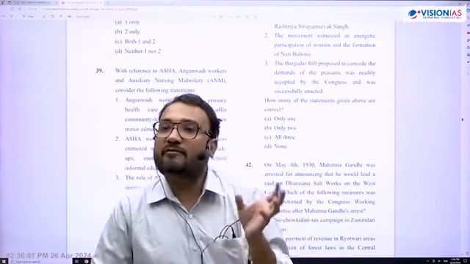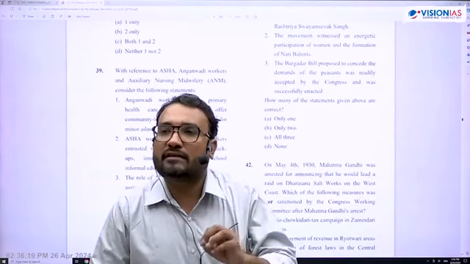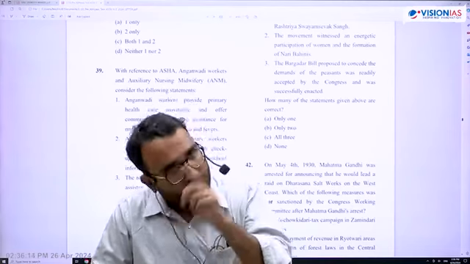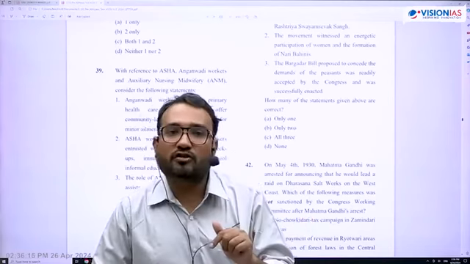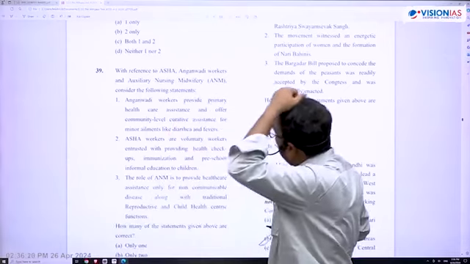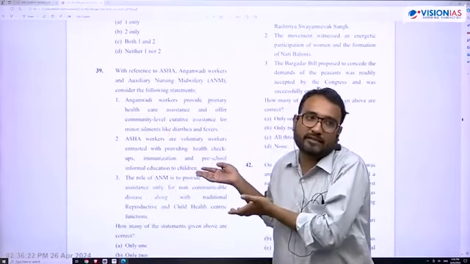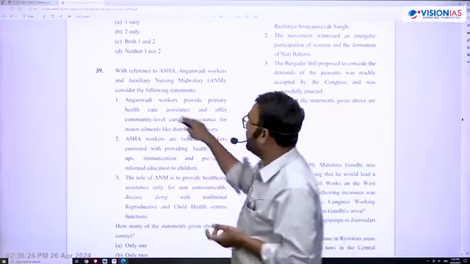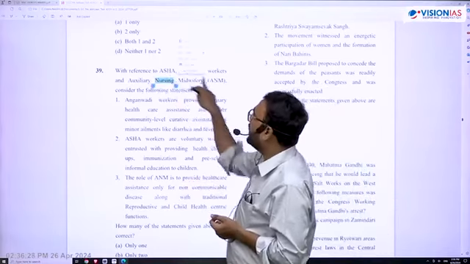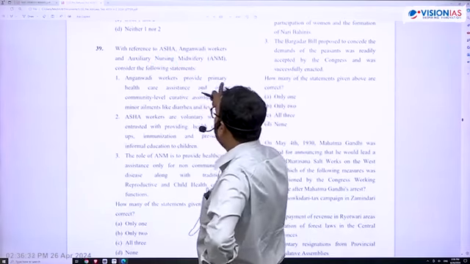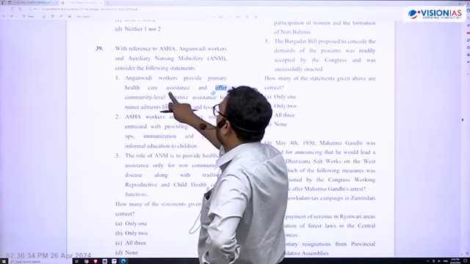Similarly, whenever they ask this kind of question, what they will do is mix the facts. Asha's work into Anganwadi, Anganwadi's work into Asha. So that if you are not sure about the fact, you will get confused. Okay. So with reference to Asha, this is purely a factual thing, nothing to explain. If you know, else you will just guess. Otherwise, with respect to Asha, Anganwadi and auxiliary nursing midwives, Anganwadi workers provide primary health care, assistance